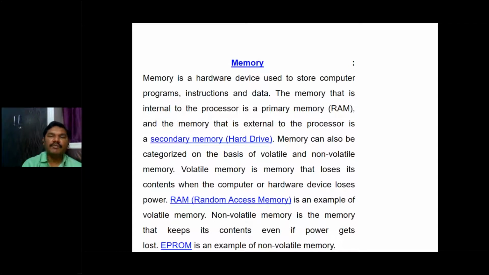Whereas in the case of a mobile phone, this ROM itself is used as a secondary memory, and it is used to store the operating system and the user data in mobile phones and tablet PCs. But in the case of desktop PCs or computers, this ROM is used to store only DOS and BIOS instructions. So this is the difference between the memory and registers.